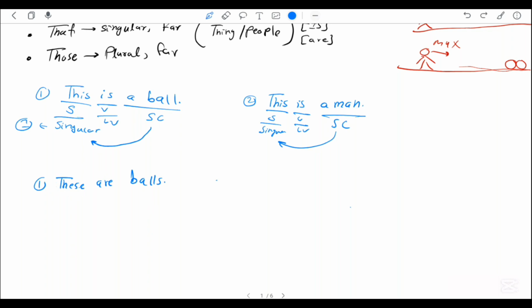Make sure when you use these, when you talk about more than one thing, do not use a before your word like balls, right? So these is the subject, it is plural, like it's not one, it's more than one. Mathematically speaking, the n here, these, is more than one, right? We don't say these a's. This is wrong. These are, right? This is the verb again, a linking verb, and then the subject complement, right?